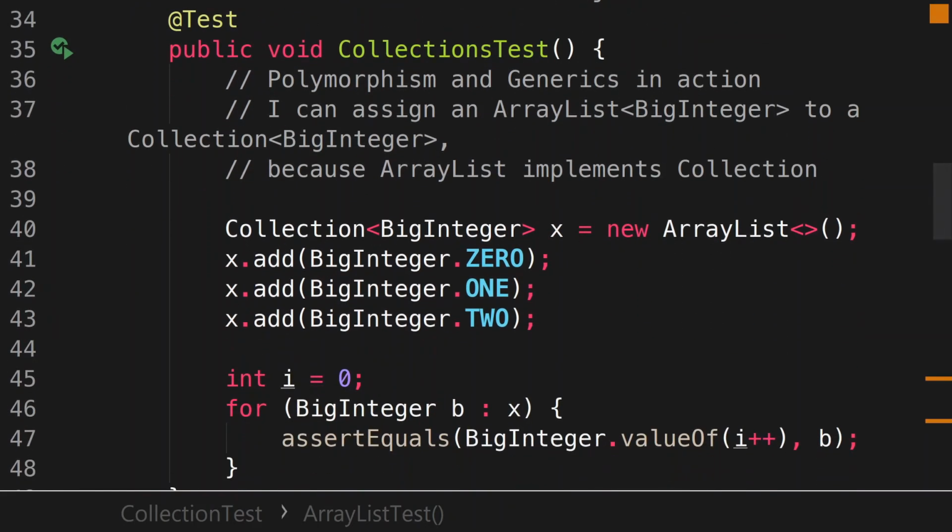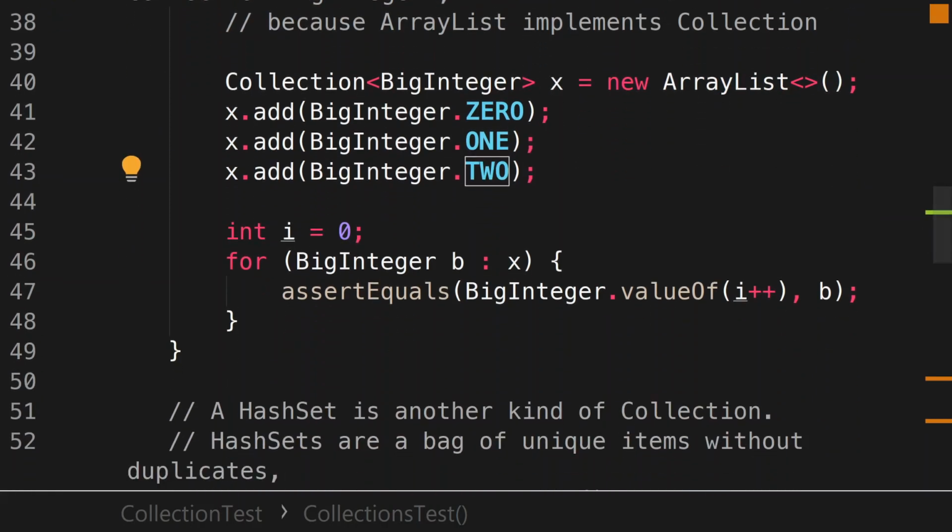Here's an example of polymorphism in action with concrete classes on the right, like this new ArrayList, and the interface Collection of BigInteger on the left. This is a Collection, therefore it has methods like add. The Java engineers decided all data structures that are collections should have an add method, so I can go ahead and invoke add without knowledge that the underlying data structure is actually a list type. Let's go ahead and put in 0, 1, and 2. And then I can go ahead and retrieve values